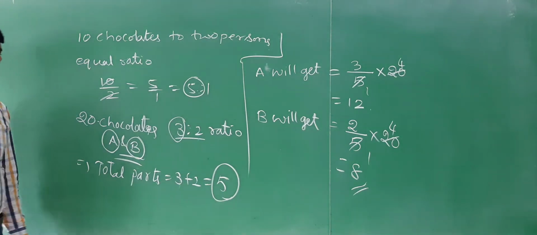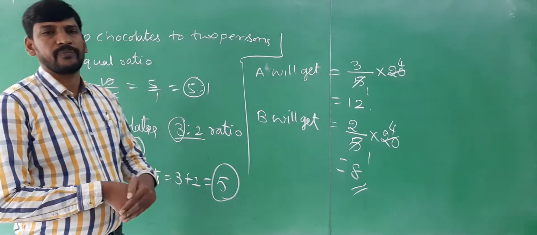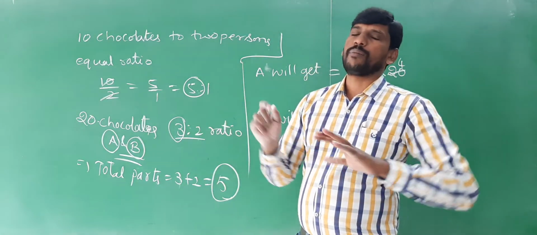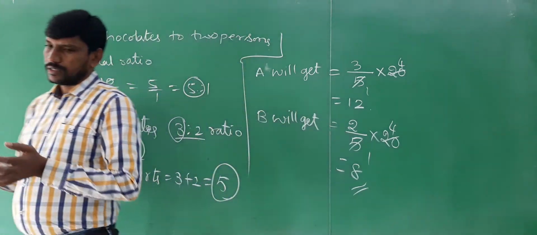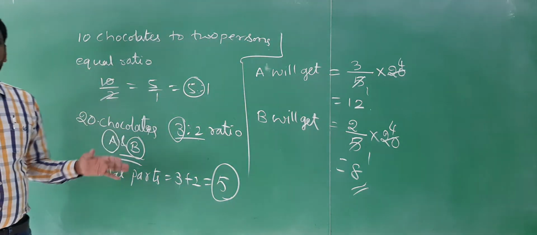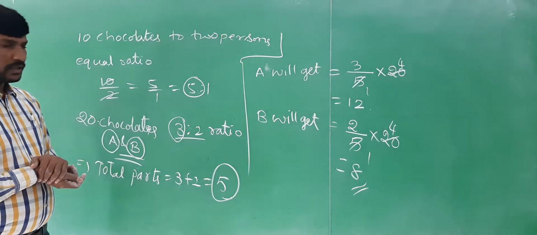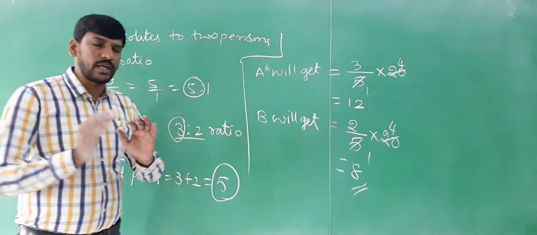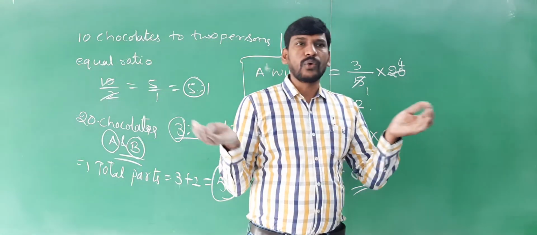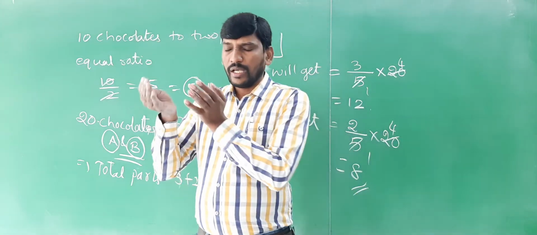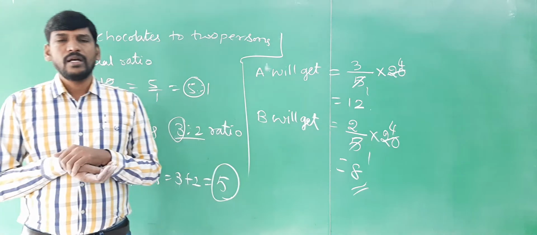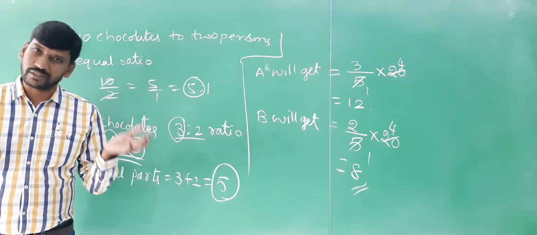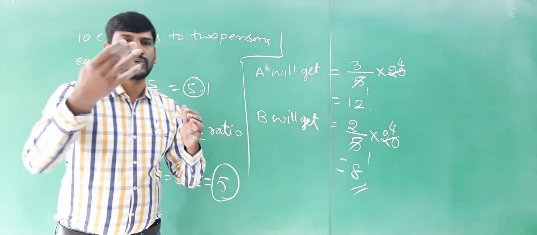Right, children? Generally these types of questions we will discuss in business. Suppose there are 2 persons, A and B. They started a business. A's share, let us take 1 lakh, and B's share, let us take 2 lakhs. Right? So A's share is 1 lakh, B's share is 2 lakhs here. What is the total amount here? 3 lakhs. That is the total, the sum of A's share and B's share, right? Investment of A, investment of B. That is, total investment is nothing but 3 lakhs, which is a 1:2 ratio, right?